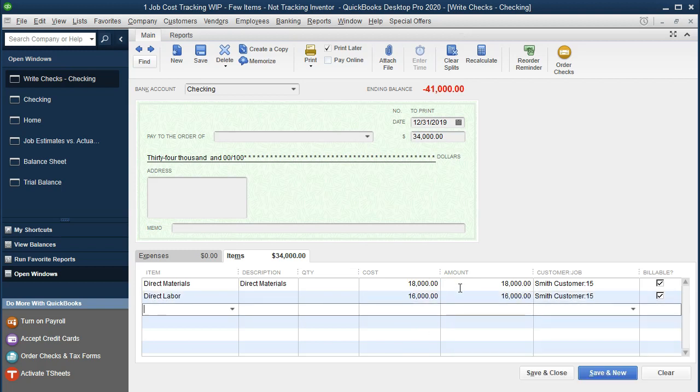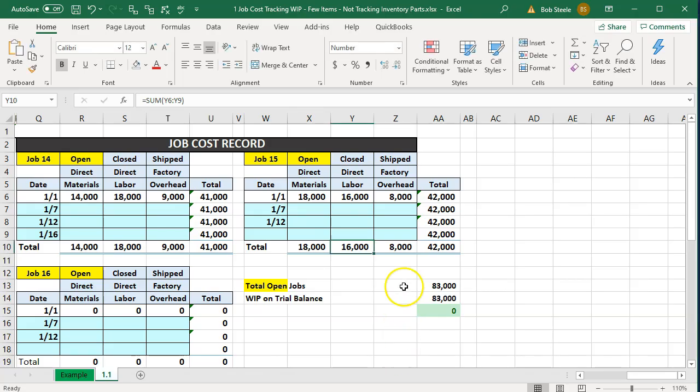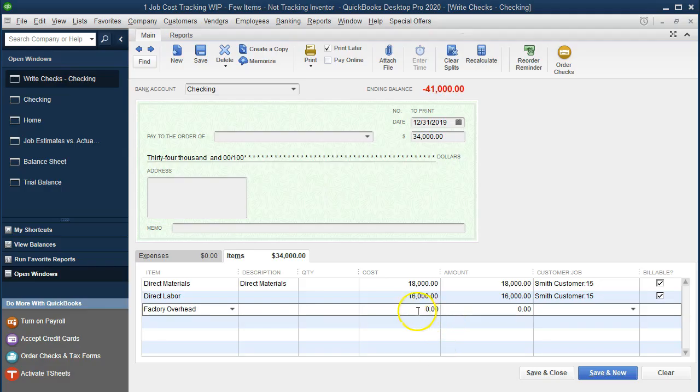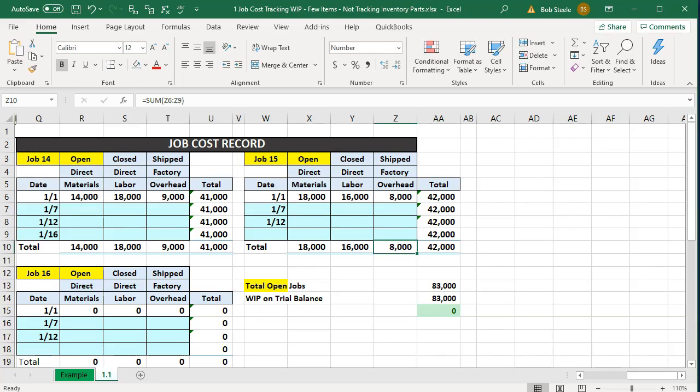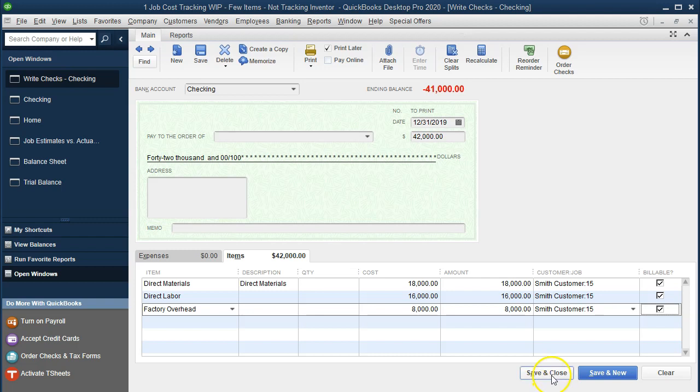And then we're going to say factory overhead. And factory overhead we have here at 8,000. Putting that on the books for 8,000. And that's job 15. So there we have it. That adds up to the 42,000. 42,000, that's what we are starting out with. That's what we want. So I'm going to say save and close,